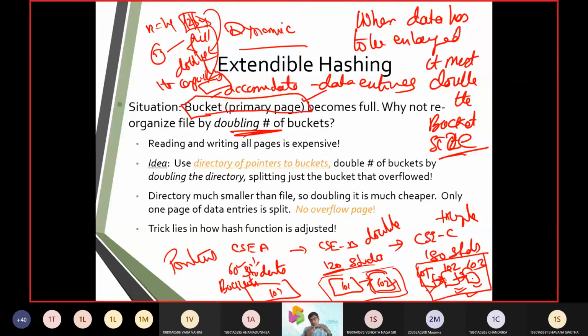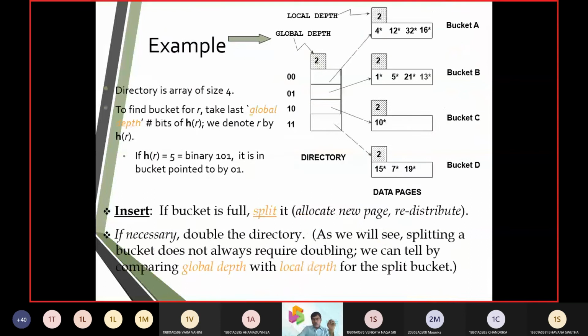But in dynamic hashing, we are adjusting the size of the memory by fixing up the buckets with doubling, tripling, etc. Then we are going to use the pointer concept, which is embedded in a directory structure, and thereby we are linking one directory to another directory. Now the basic thing was there is no overflow. So in extendable hashing, we are not emphasizing the overflow concept as of now.